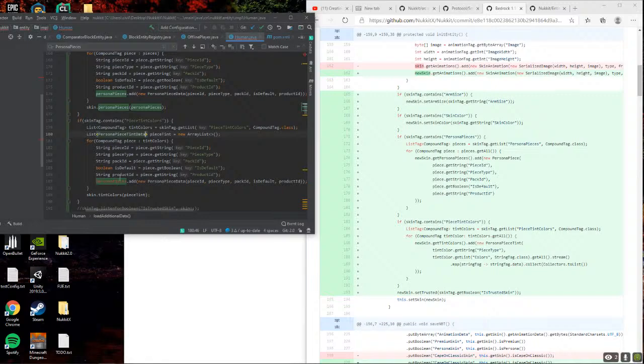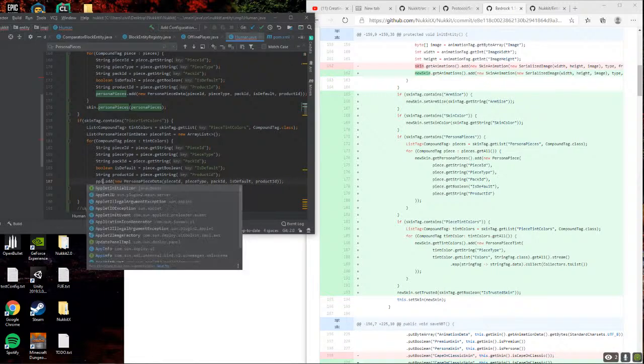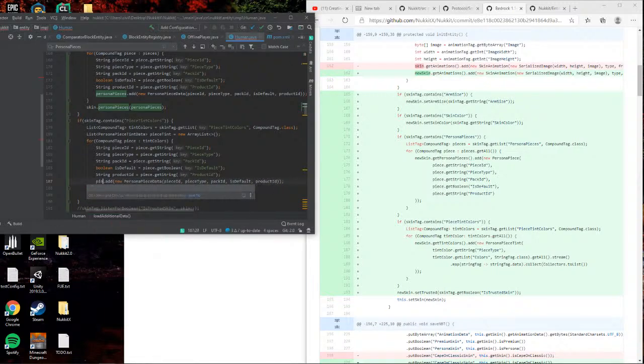Persona piece tint. So then piece tint new persona piece tint data,